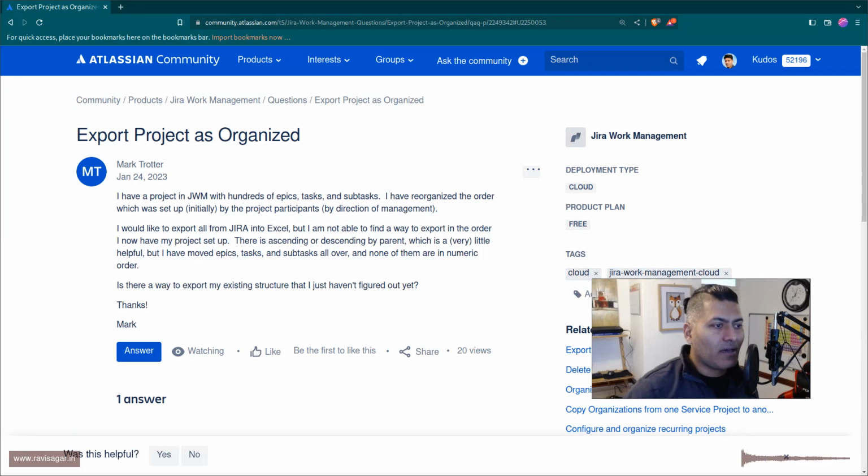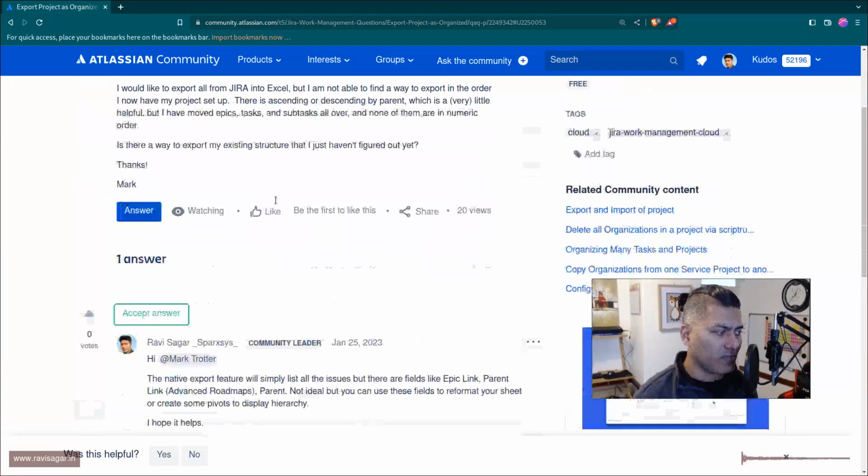However, when you are using, let us say, an app like EasyBI, for example, you may have EasyBI with this structure configured, then it will give you that structure. But even if you're using nothing but Jira and you're exporting it to a CSV file or an Excel sheet, you can always create your own pivot table, because when you talk about the export, there are some additional fields that you can use to understand this structure. For example,